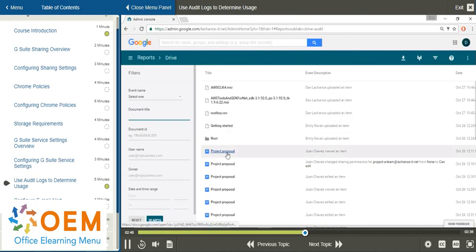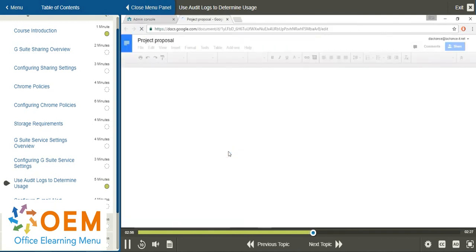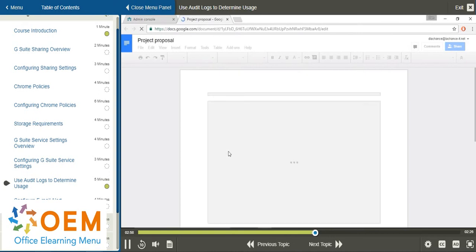Also, interestingly, if I were to click, for example, on this document on the right called Project Proposal, it's actually a hyperlink. So when I click it, it actually opens up the document in question. So when you're looking at these audit logs, it's really convenient to see what's